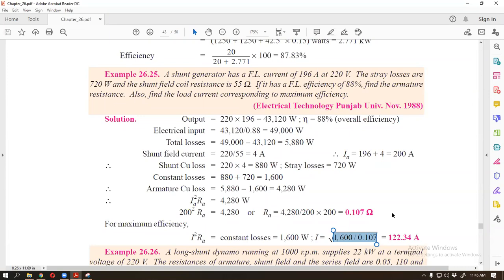If you use direct root over, first bracket 1,600 divided by